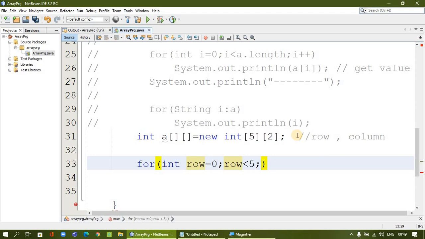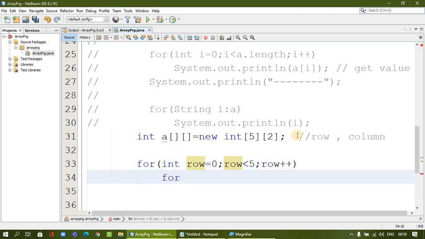the condition here. Okay. So row plus plus. So every time we are incrementing the row. So we are going with the column now. So integer column is starting from 0, column less than, we can say array a dot length, because it can identify the length, or otherwise we can also say up to totally 2 elements. So column less than 2. Okay, that is also possible. Column plus plus, I am incrementing the column.